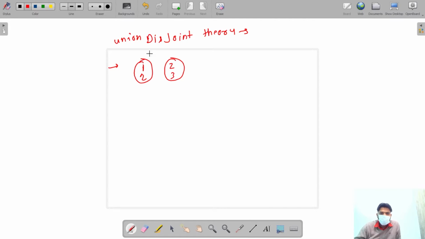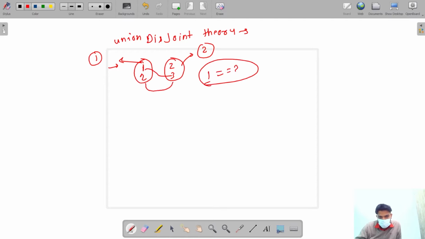What we are doing is we make the leader of this set 1, and we make the leader of this set 2. If 1 is similar to 3, then we have to merge this set and this set. How can we merge? We make 1 a leader and 2 a leader, and then we ask the 3,